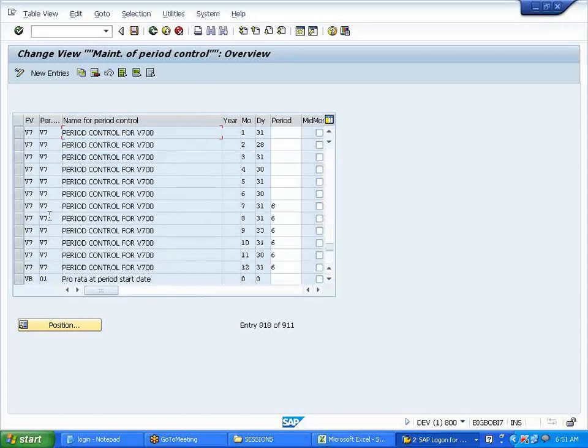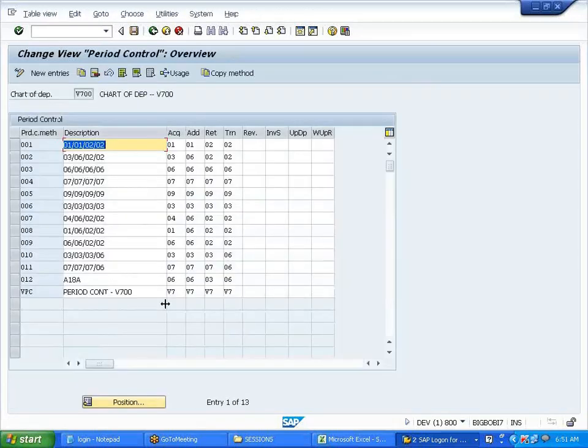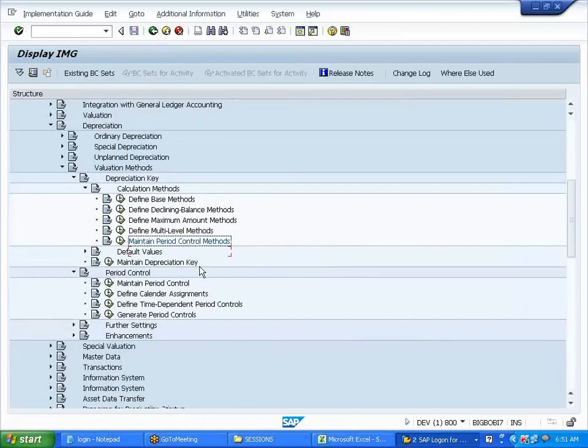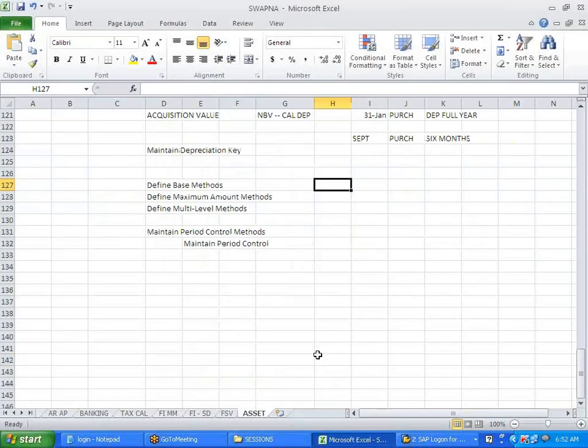This is what we defined. To this I called my period control when I was maintaining it. Here, Sapna, it's a method. You're combining both together.